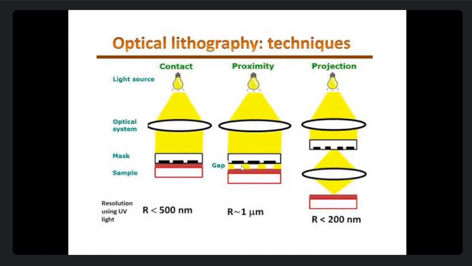So the difference between this mask and this wafer, that is the gap, whatever gap you maintain, your resolution depends on that. If your gap increases, automatically the aerial intensity of the image will degrade, and the pulse will spread laterally, and as a result, you cannot keep two